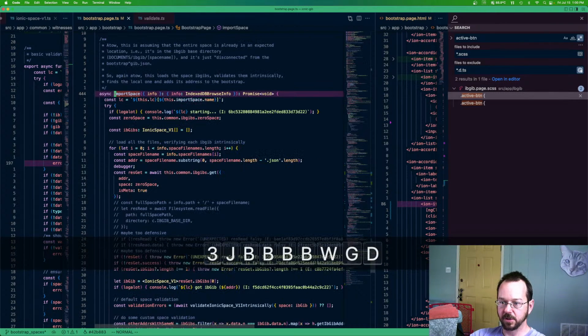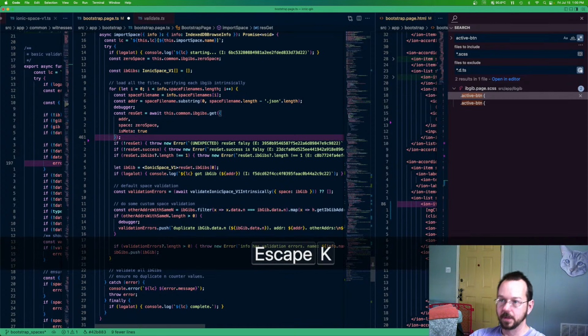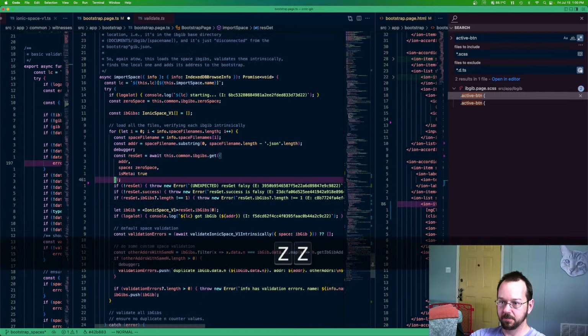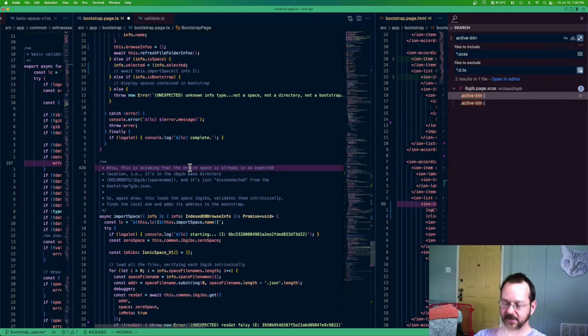Okay, so now we can go look at what I was doing earlier today with the actual import space code. Because I'm making some assumptions here, we're just assuming that we're attaching a space. So I realized I should be able to export, assuming I can figure out how to use the recent file system APIs, individual ibgib graphs, right? So what that means is that if I have